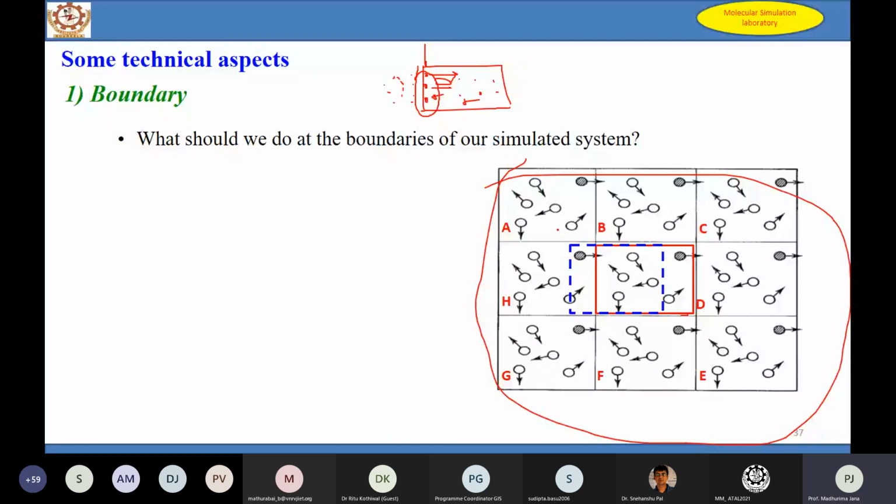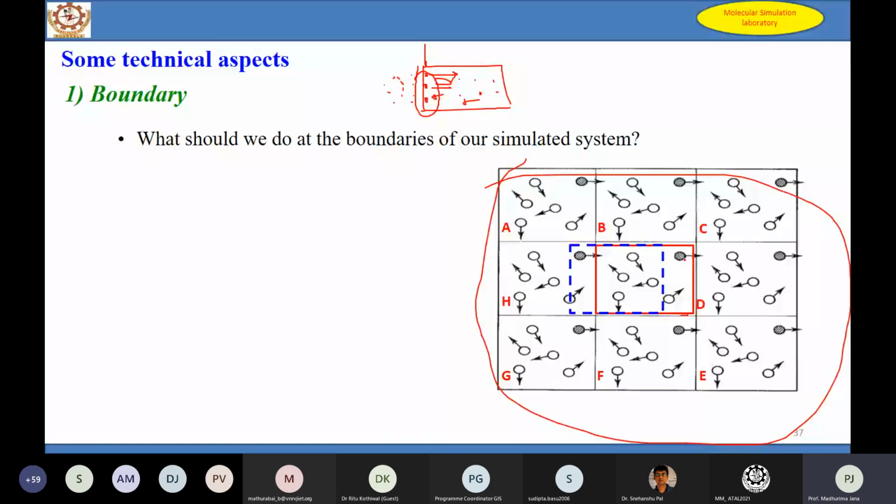So what will happen now when your atom is near the surface? It won't feel that there are no other atoms present here, because in this simulation technique we are imposing other arbitrary boxes beside my main simulation box, so my atoms will never feel that. In some way we are diminishing the surface effect. So that is the solution of the problem: we have to use the periodic boundary condition.